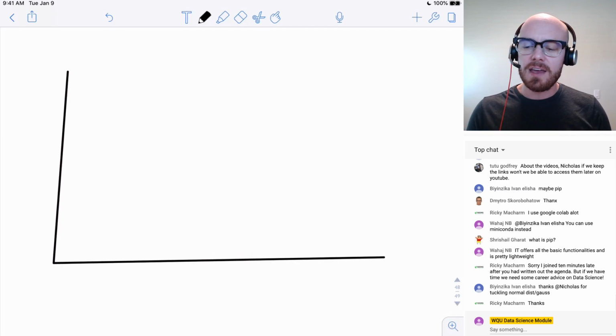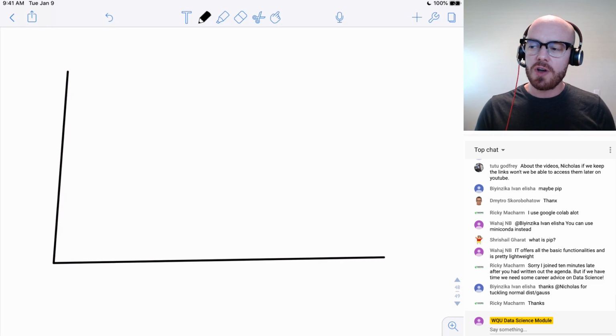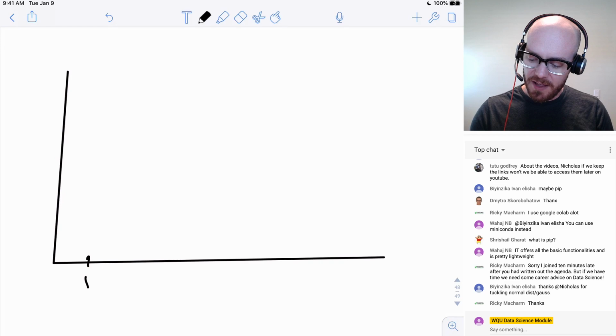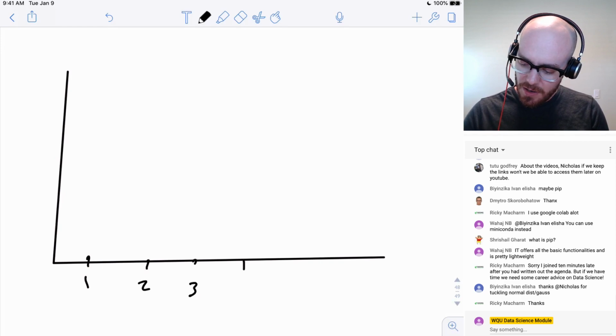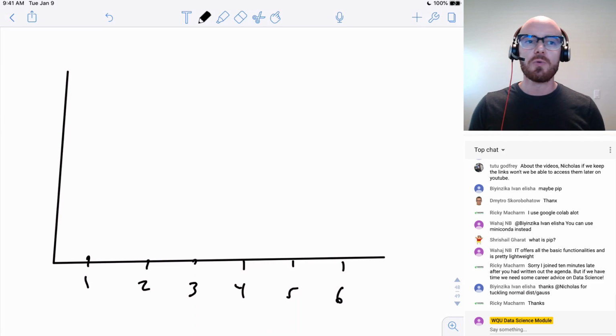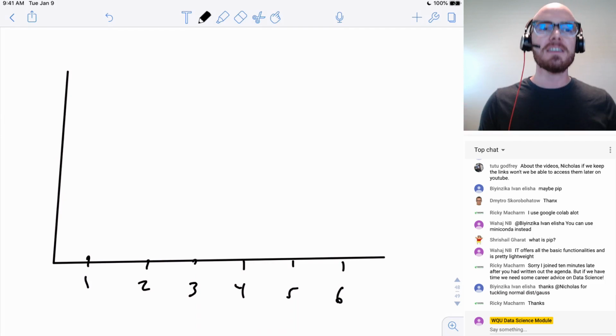If I am drawing a histogram of a die, like I'm rolling a dice, and there's six values in my die: 1, 2, 3, 4, 5, 6. Now let's say I roll my die a million times.